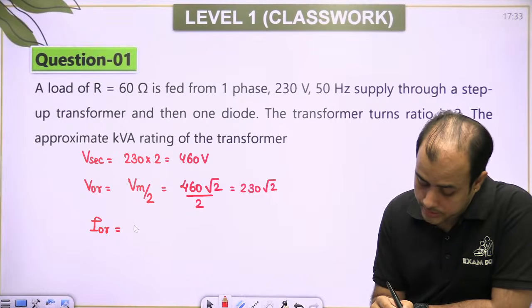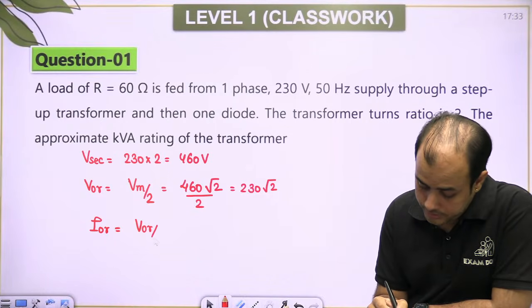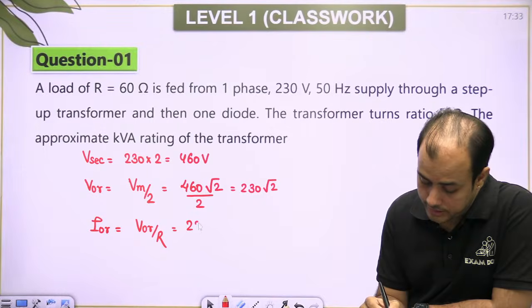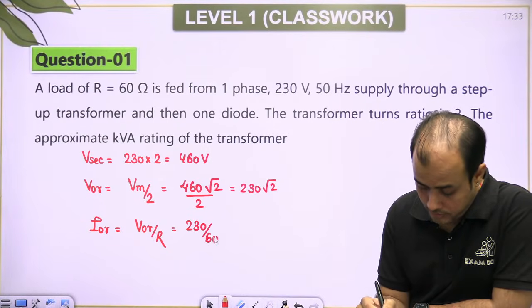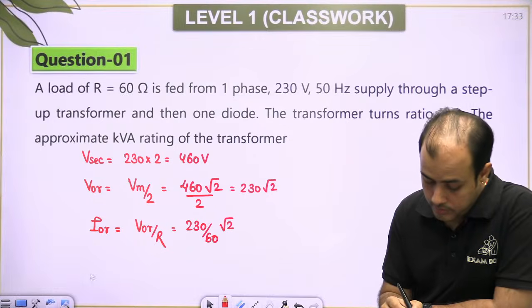What is I0 RMS? Because it is a resistive load. Now,